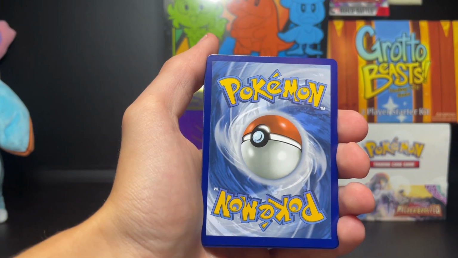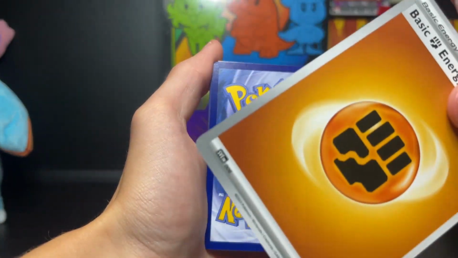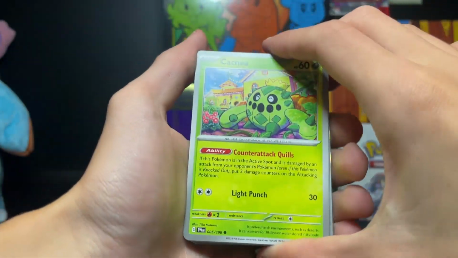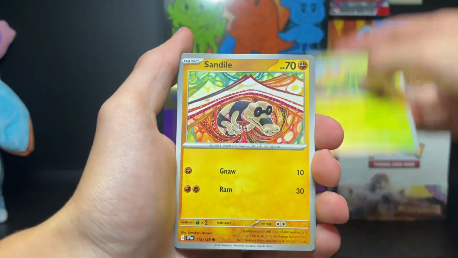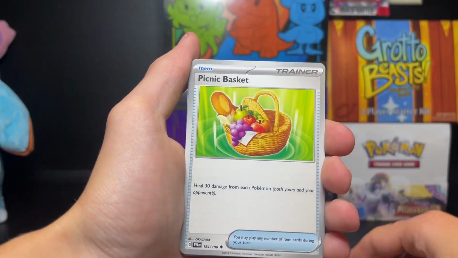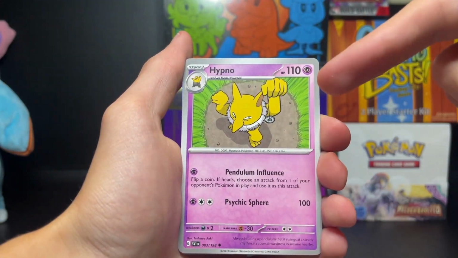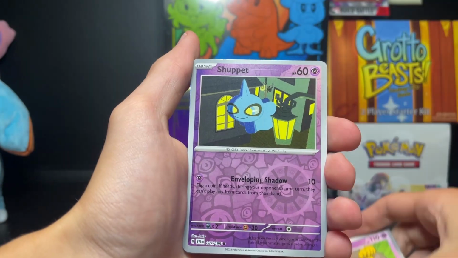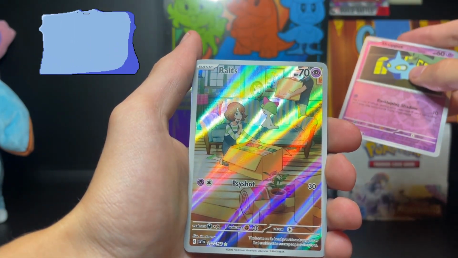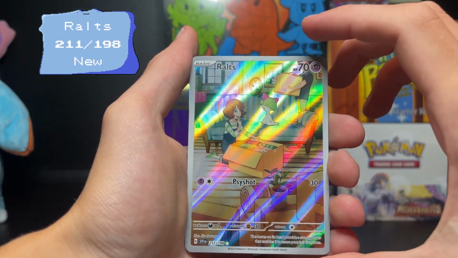Have we still not seen a grass in this season? I don't think we've seen a grass yet. And we will still wait. Spin around. We have Cacnea, Sandile, Mareep, Silicobra, Picnic Basket, Bombardier, Hypno, that's one we only had one of, Shuppet Reverse, and